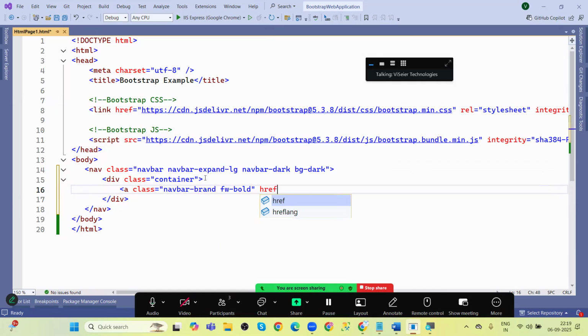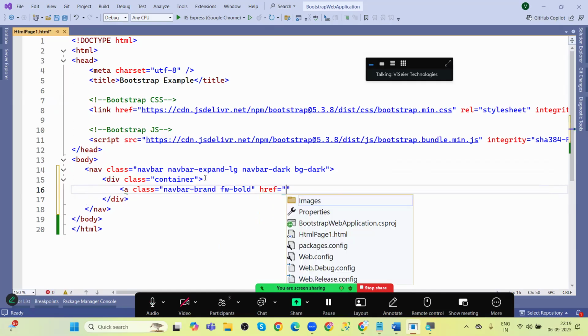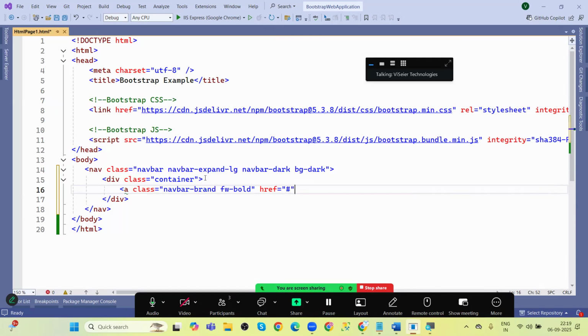And href is equal to, right now I'm not navigating anything. I'm using hash. So here my brand, and